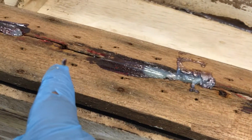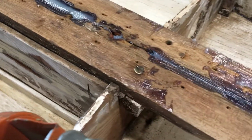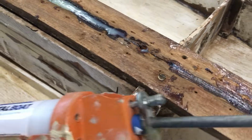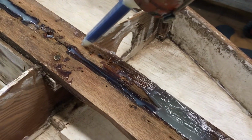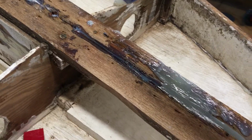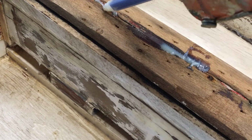The thing we're doing with it is going along and filling in bigger holes and voids on this keel. Got a few where there's a little bit of rot, so we're going to fill that in. Got some old screw holes like that one right there. Just fill a little bit in. See, there's a few others that I've done along the way here. There's one right there. This keel had a little split down the middle,